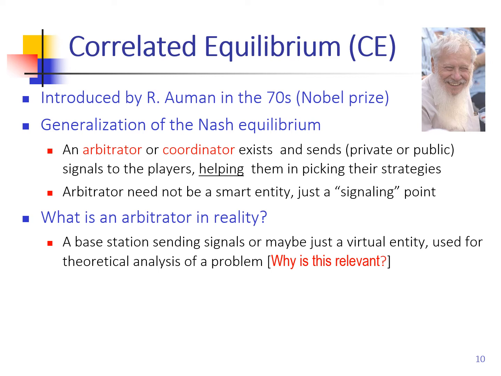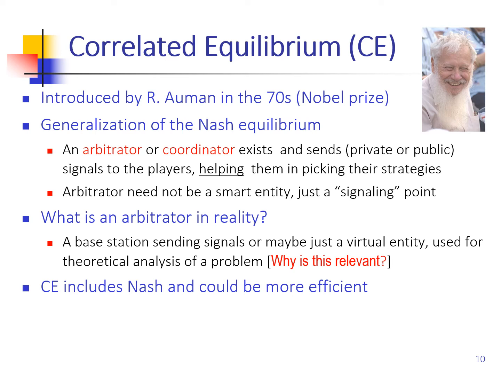And why is this relevant? Obviously, in a wireless setting, this is going to be very important, as we will see later on in some of the examples. But I think you get the idea here, right? We need to have this signal, which would be sent by any entity in the network, which helps the agents better self-organize. Okay. And what is very interesting, because Robert Aumann actually extended the notion of equilibria, of Nash equilibrium